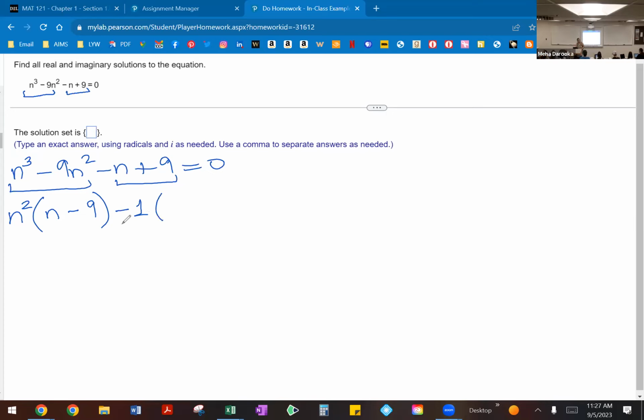Now you took that negative sign outside right over here, which means that negative n that you had in the original expression will now actually end up becoming positive. And the positive 9 in the original, since again we're taking that negative out, will end up becoming negative 9 over here. Okay, so anytime